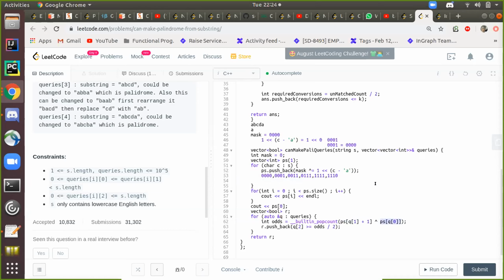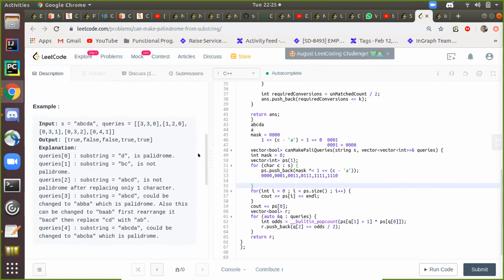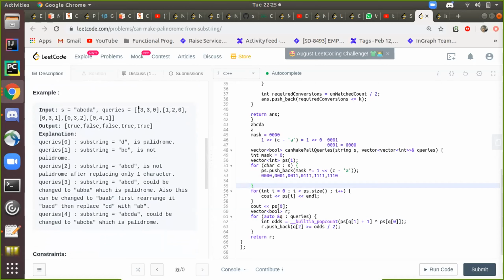So let's take an example. Same case as what Dilip was explaining. So you go to the previous. Let's take 1, 2. But you are going ahead in this case. So our PS of Q1 is 1, so we'll go to PS of 2.